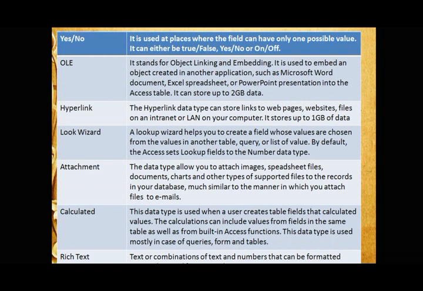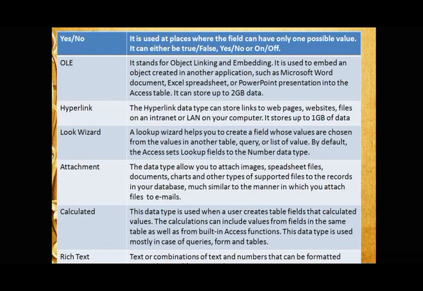First one is OLE. OLE stands for object linking and embedding. It is used to create another application. For example, I have to link Microsoft Word or an Excel spreadsheet. It means I just put a link there, like I am giving you the links in your UDIT app, and you just click on it and you are taken to the next page. Similarly, you click on that particular link and you will be connected to a next page. That is OLE, object linking and embedding.